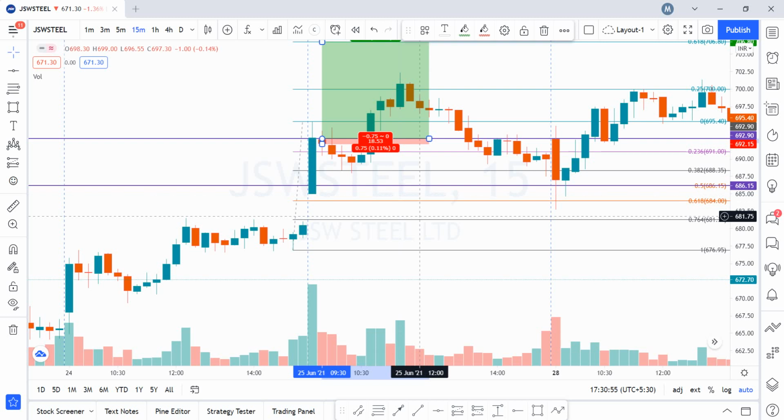All right, so this much I wanted to cover in today's video. Use the screener from the description, backtest it as many times as you wish, and trade once you get a good grip on the setup. You understand entries, you understand your stop loss, and you can execute the trade as per the plan. This is a highly accurate strategy. More than 70% of the time, this will give you profitable exits.